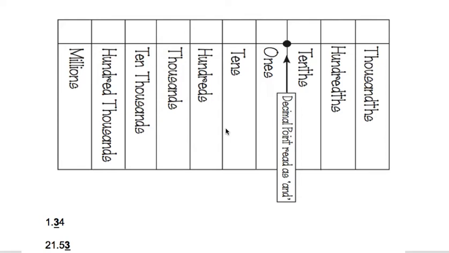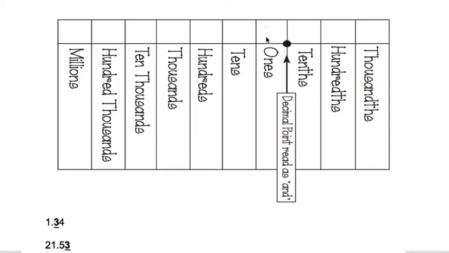Today we're going to review decimal place value by looking back at the place value chart that you glued or drew in your notebook yesterday. So today we're just going to remember some of the things we talked about yesterday. If you recall in class yesterday, we talked about how the place of a digit in a number determines its value. So for example, the number below is